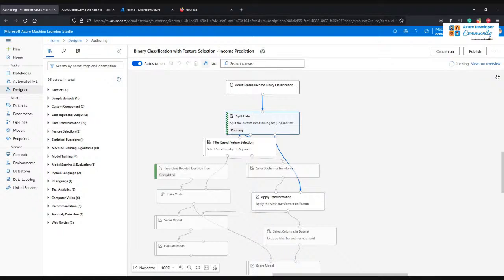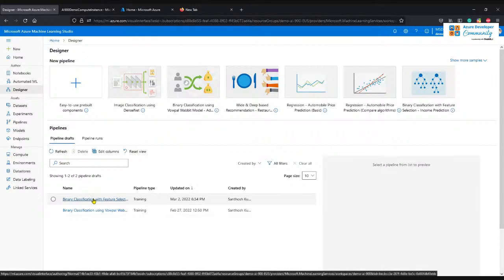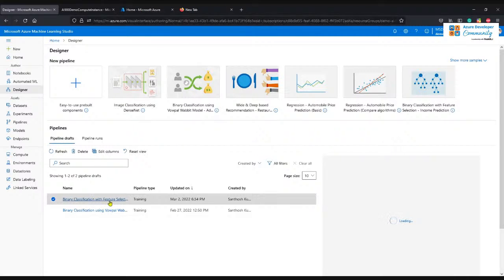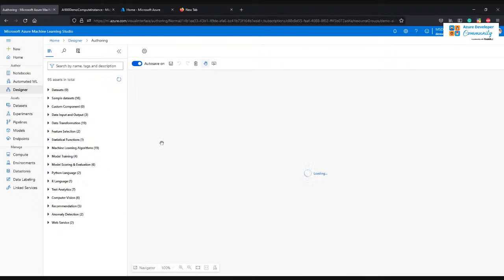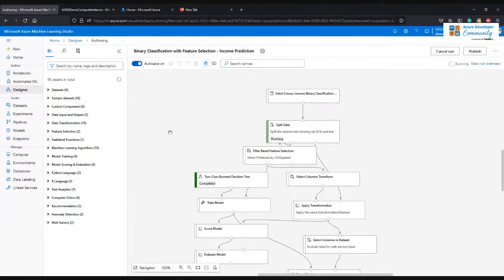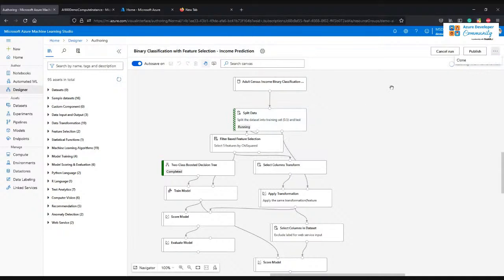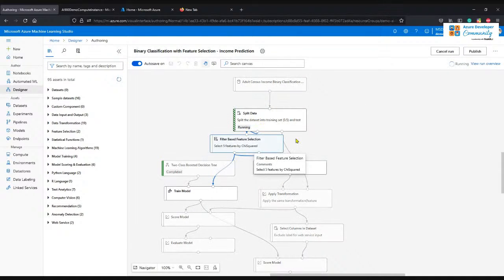So this is something you can set. Not sure why you are not able to. Okay, anyway,